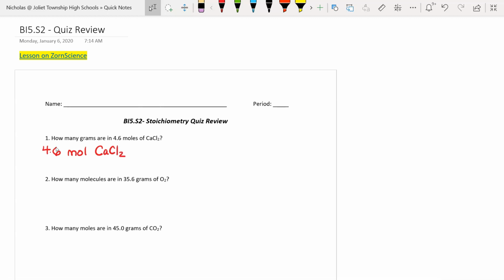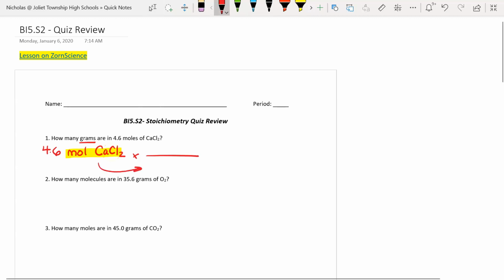Okay, now next we need to convert our moles into grams. The question is asking for grams. So to go from moles to grams, we always use the molar mass. Now if you look here, moles are given, so moles need to go down into the denominator. So for every 1 mole of calcium chloride, our molar mass we can find by taking this here, looking up the values on the periodic table,